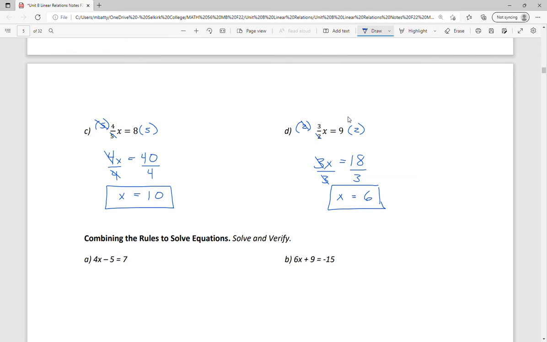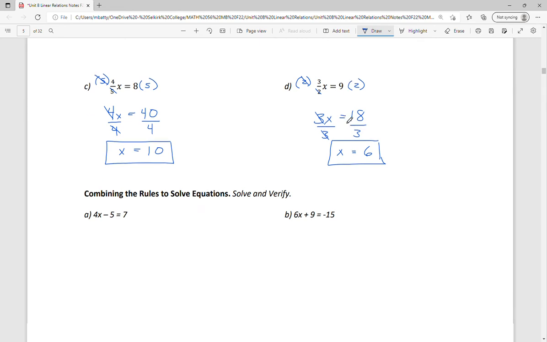So combining these rules, the names are kind of funny because the math books teach it as the addition property. Well, that means you can add or subtract numbers, and the multiplication property. And half of the time you're actually dividing. So maybe those names aren't the best, but we do have those 2 different families of operations that